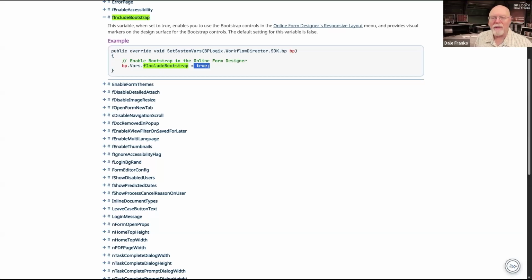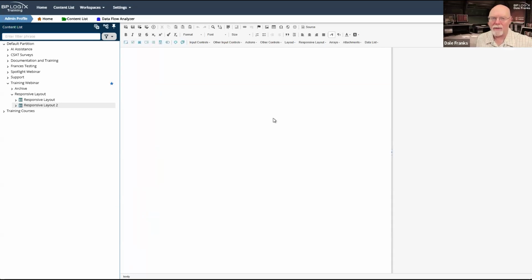There are some caveats that I'd need to throw out whenever you turn Bootstrap on. It throws in an entirely new set of CSS files, styling files on your machine, and it does control how forms look. If you have your own custom style sheet set up, you are going to want to do a fair amount of testing to be sure that your custom styles do not interfere with any of the Bootstrap styles.